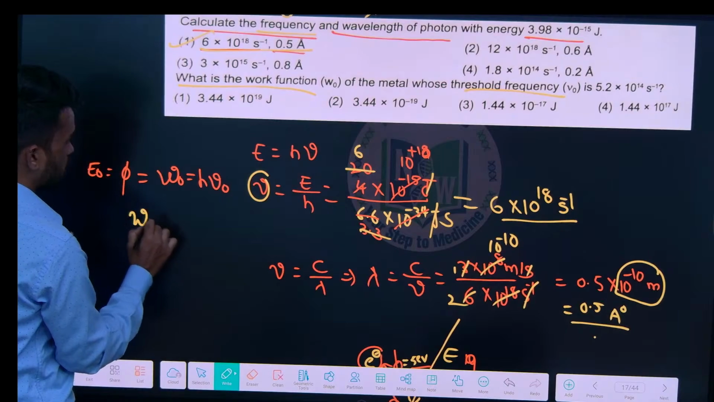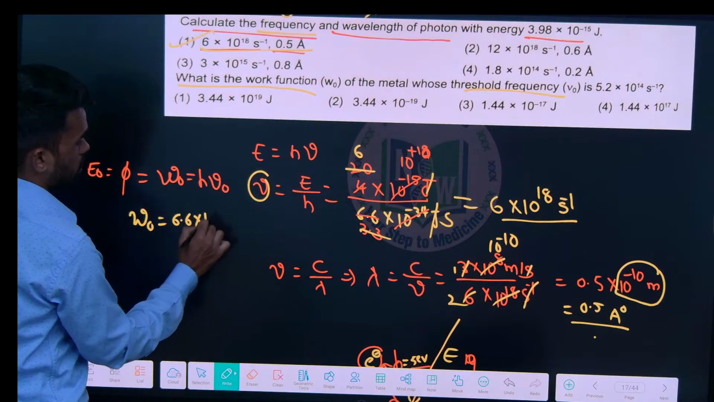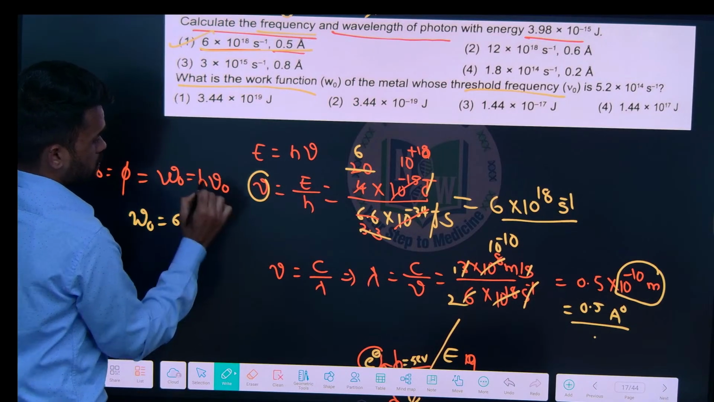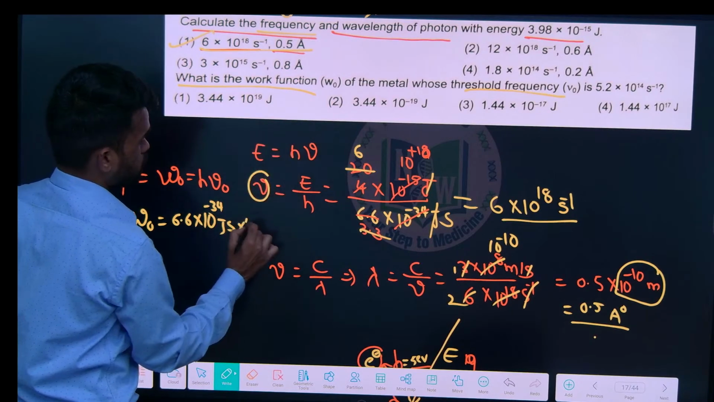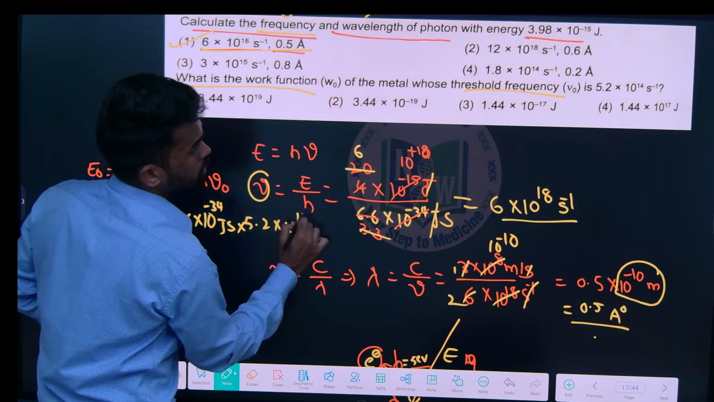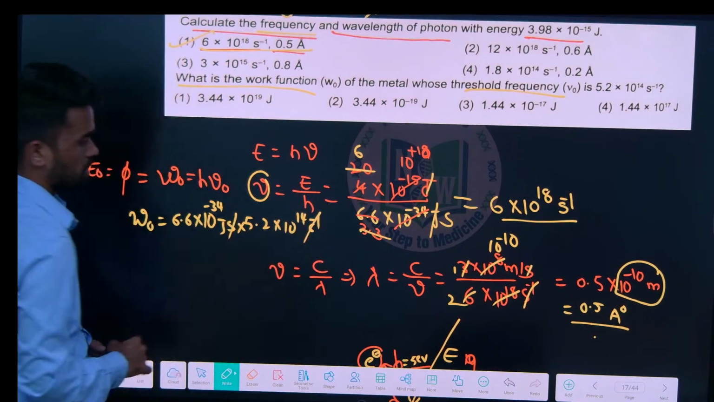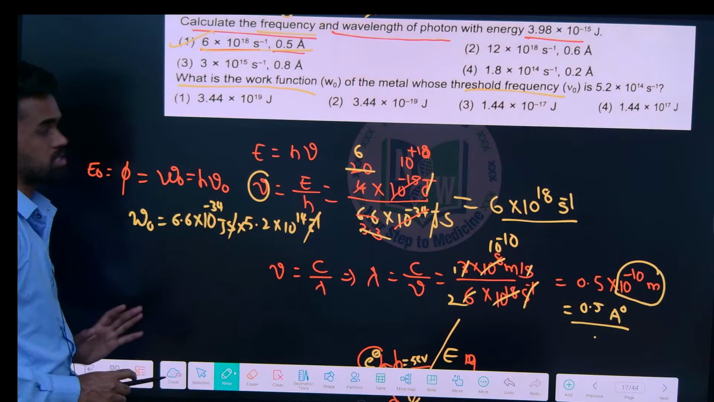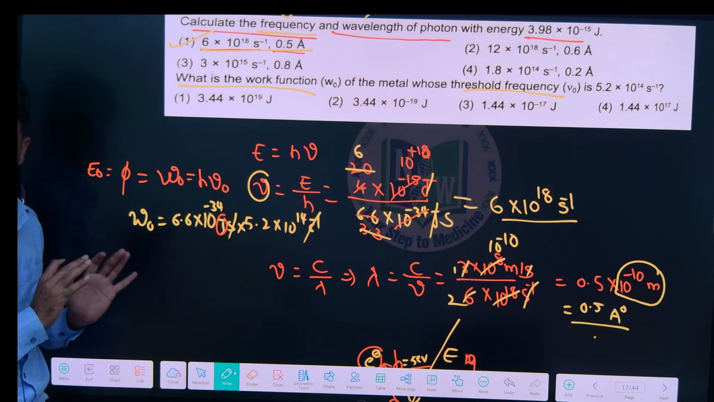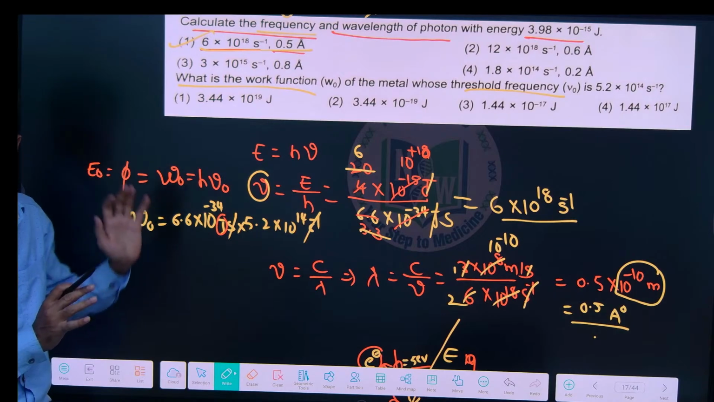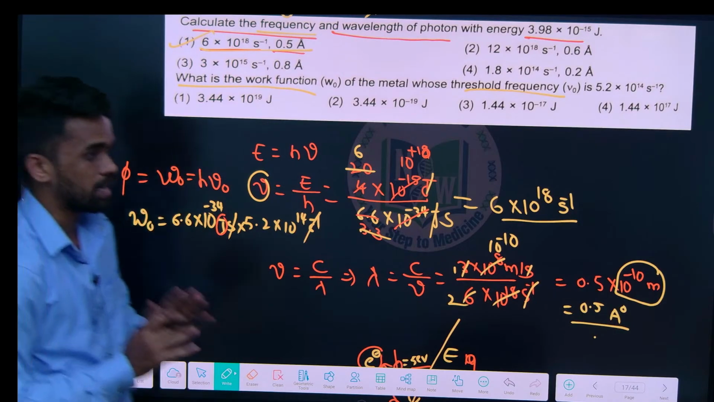So the work function will be how much now? 6.6, this Planck's constant number, into 5.2 into 10 power 14 second inverse. Seconds cancel, so you will get some answer in joules, so that will be your answer. I hope up to here it is clear. This is a very basic question that everyone should know. Right, let us go for